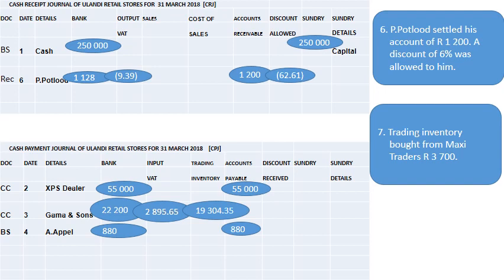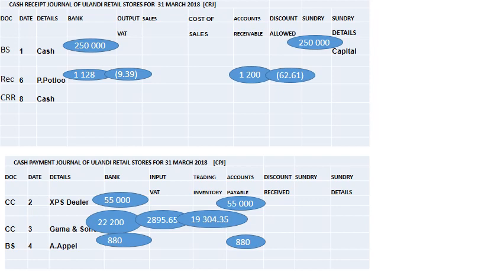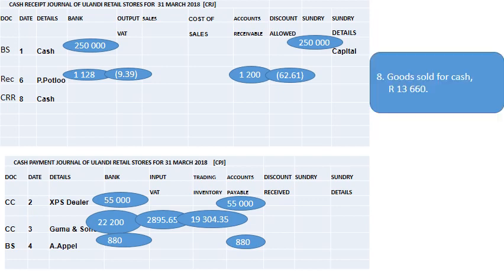The next transaction line, which is 7, deals with a trading inventory bought from Maxi Traders for 3,700. This entry is inventory that was bought on account, therefore it does not affect the cash journals. In line transaction 8, the goods sold for cash 13,660 rand. This is a receipt transaction. It will therefore be recorded in the cash receipt journal as follows. Under the source document,